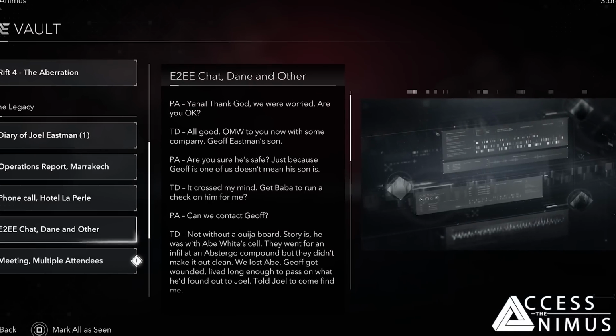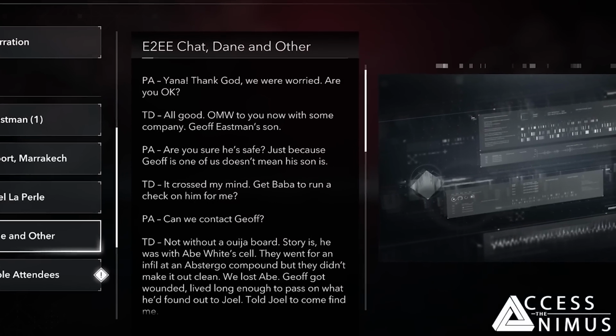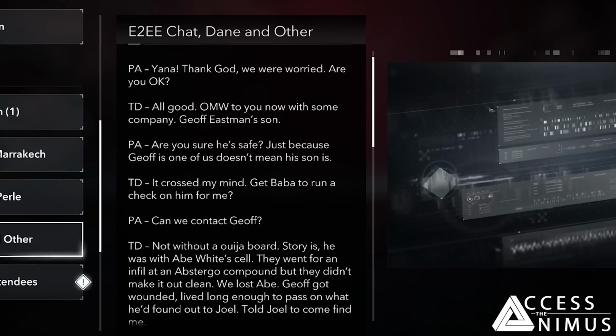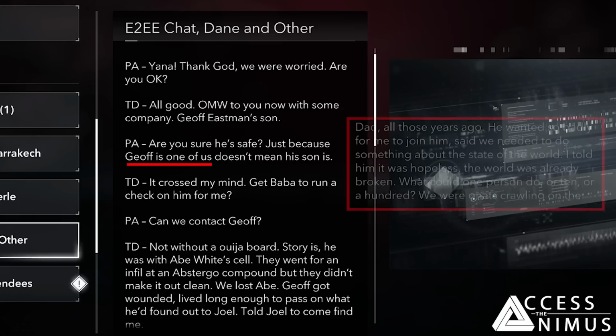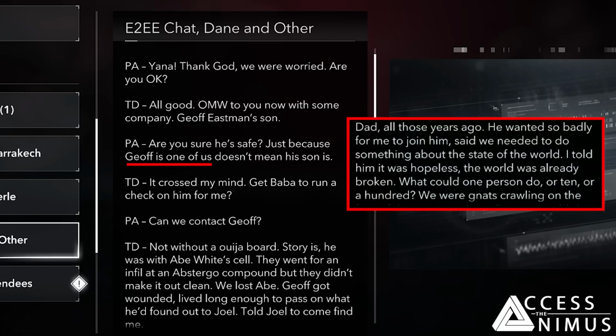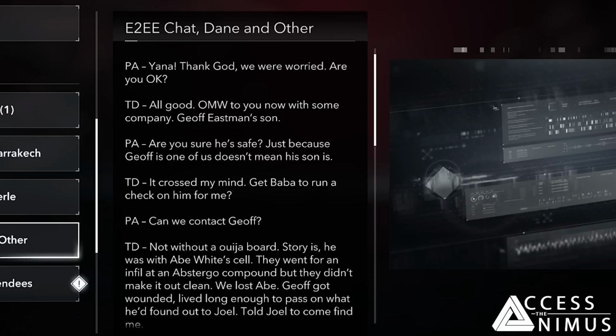It's a chat where Tatiana tells Paul, another member of her cell of assassins, that she is getting back to their hideout after collecting Jeff Eastman's son, confirming that Joel made it in time to their meetup. Here Paul confirms that Jeff was, quote-unquote, one of us, meaning that Joel's father was indeed an assassin and was likely trying to get his son to join them, but without success. And it's indeed this, the fact that Joel isn't cleared, so to speak, that worries Tatiana, who asks Paul to get